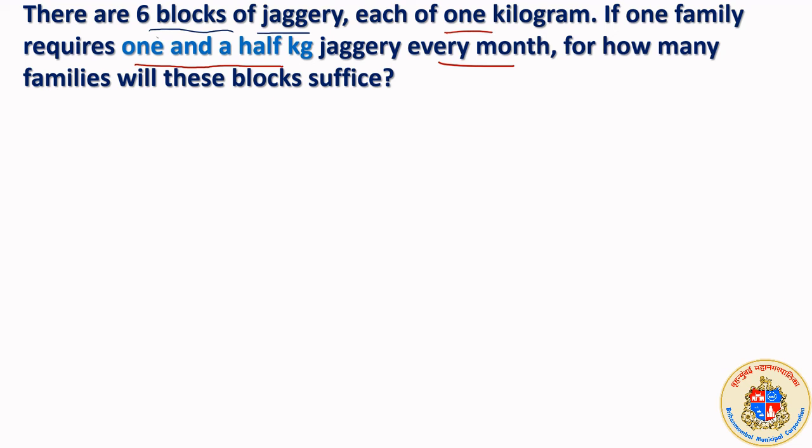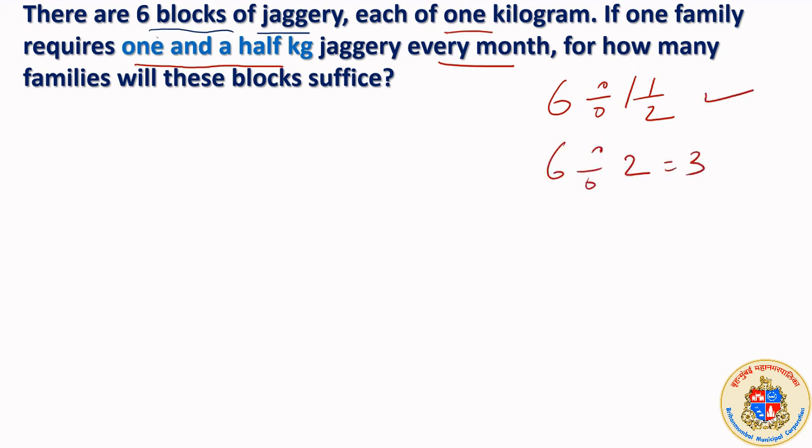So 6 blocks are there. One family requires 1.5, second family 1.5, third family 1.5, तो fourth family 1.5, ऐसा 1.5 every month चाहिए. तो 6 blocks है तो कितना होएगा? So we need to divide 6 jaggeries by 1.5. 1 है तो 6 family को 1 kilogram चाहिए होता, तो what happens? It will be sufficient for 6 families. लेकिन 1 से sufficient नहीं, 1.5 kg चाहिए तो 6 family को नहीं मिलने वाला. अगर 2 kg होता तो हम जल्दी से बोलते 3 family के लिए होता है, because 6 kg है, 2 kg each family will write 3.